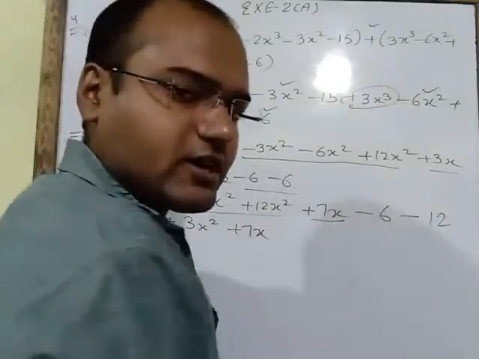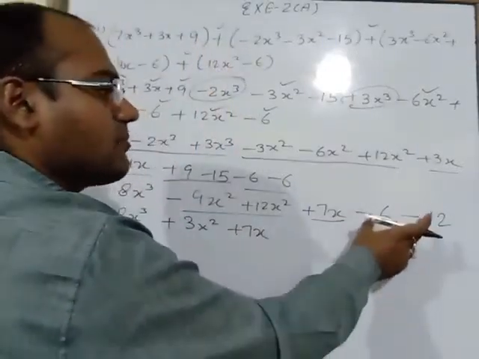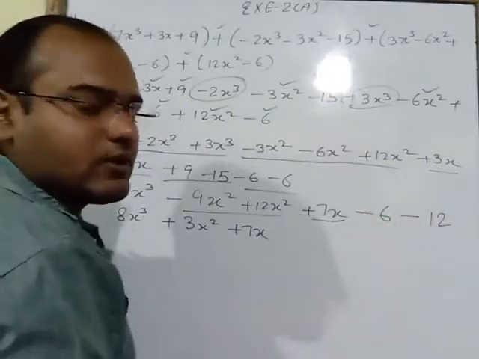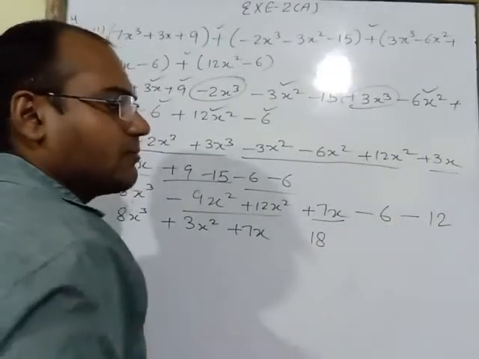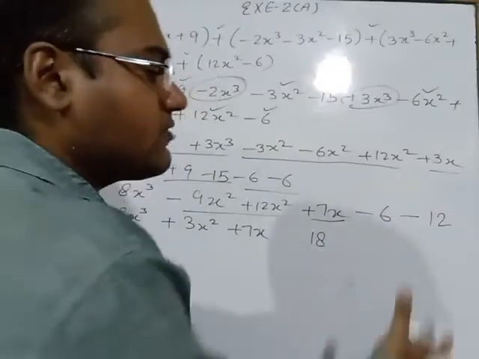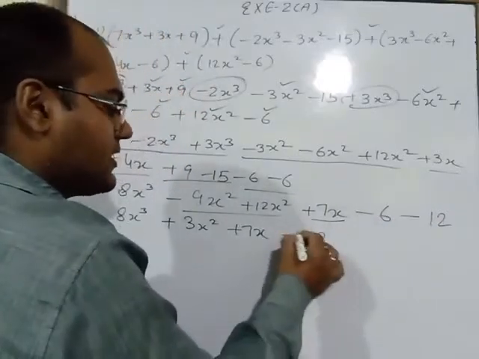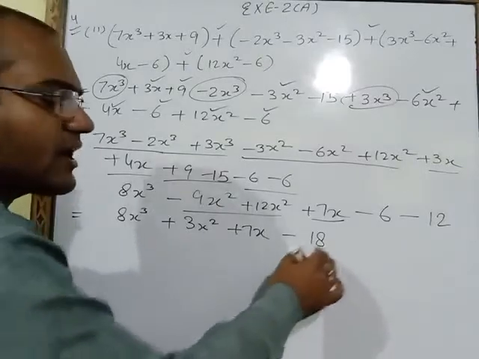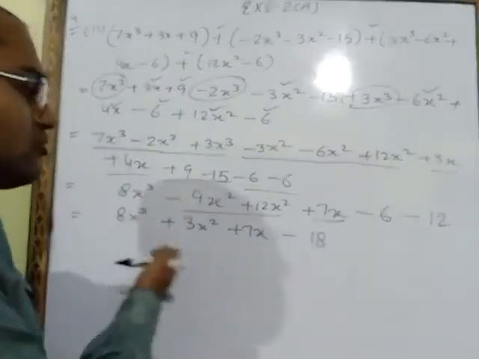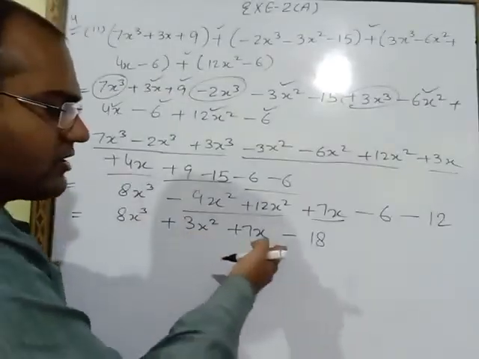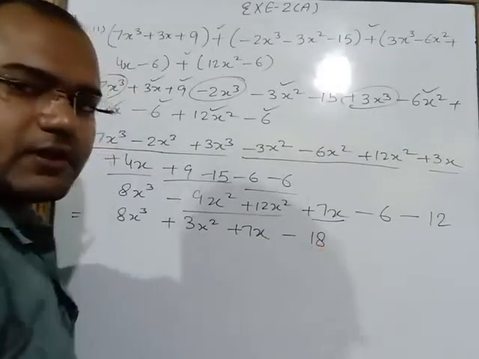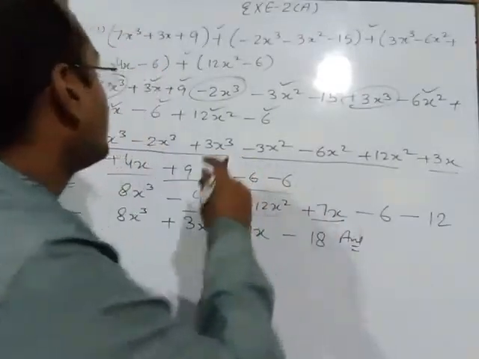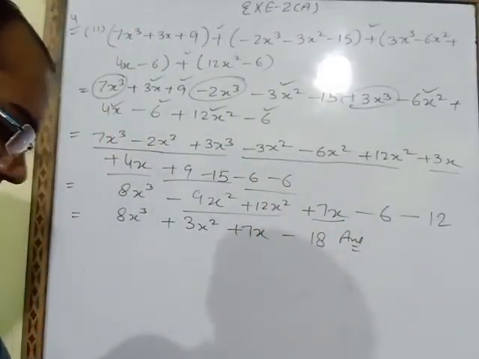No other term is having the x alphabet, if you check here, so we will write it as it is. These two are constant terms, so we will solve these two constant terms. Minus and minus is plus, so we will add these two. 12 plus 6 will be 18, but you have to put the sign of the greater number. Which one is greater? 12. 12 is having a minus sign, so we will put a minus sign. Now here you will check all these are unlike terms because here x cube is coming, here x square, here x, and here no alphabet is there. So this is your final answer of fourth question, second part.